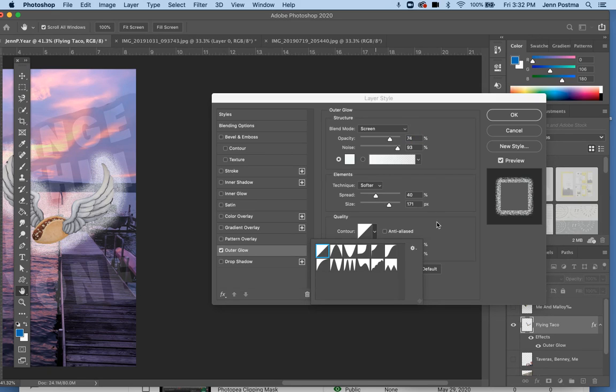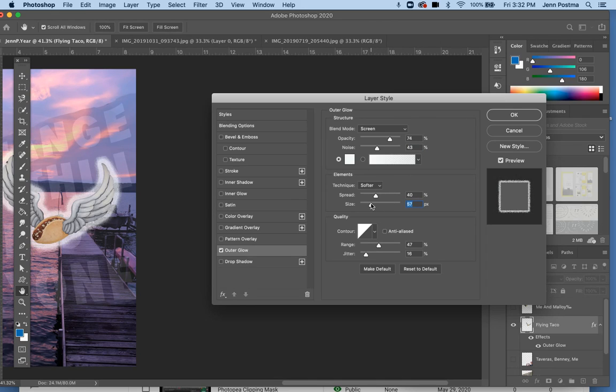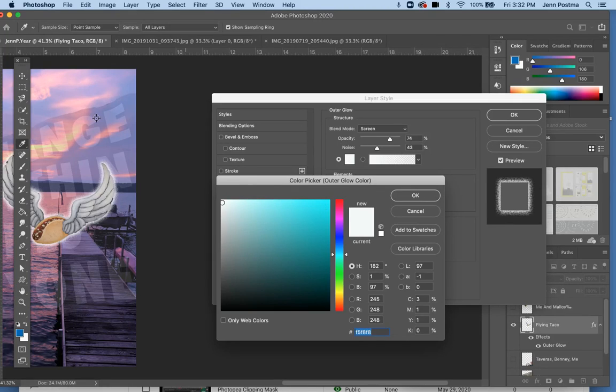the noise and the contour are what we're giving it that effect. So I'm going to drop the noise way down. I don't want it to look quite so splattered. I also don't want it to be quite so large. I want it to be a little closer. Nope. So you can see, by playing with these different options within here, and let's choose a color